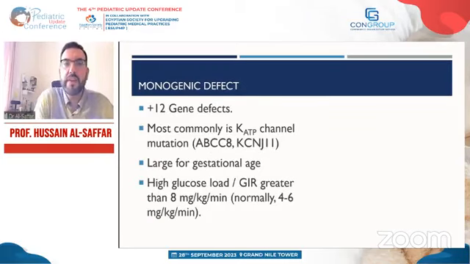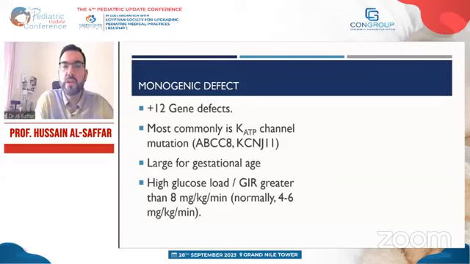So for the monogenic defects, so far 12 plus genes have been recognized. The most commonly recognized gene and most common cause of congenital hyperinsulinism is related to the potassium ATP channel in beta cells, and the mutation is usually caused by ABCC8 gene mutation or KCNJ11. That will lead to dysregulation of insulin secretion, and I will show that in an illustration in the next couple of slides. Those babies with these gene mutations are usually born large for gestational age, so they'll be macrosomic, and